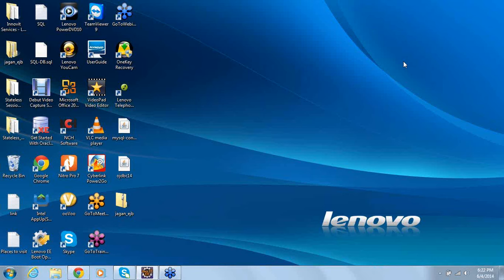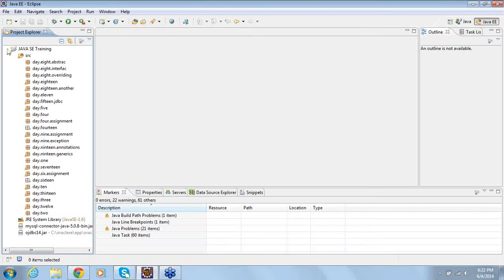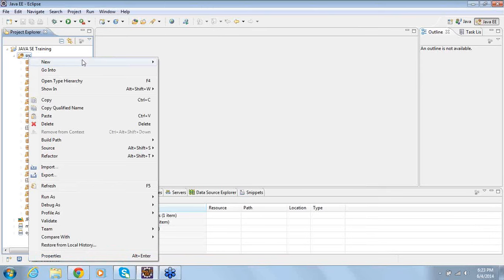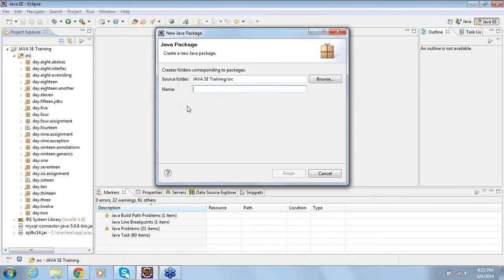What is the impact of it? I repeat the question. Can we have constructor as a private? If yes, what is the impact?